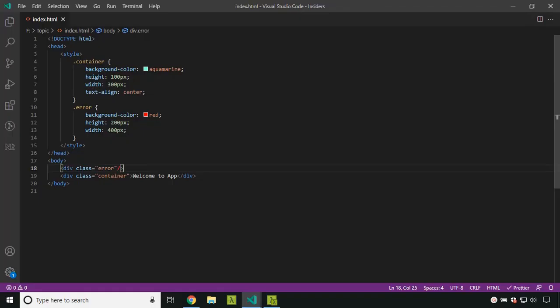Why this has happened is because HTML5 does not support self-closing tags for regular tags like div, even though there is no data in between them. So here you can see when I put it earlier, there was no data in between here. So that's why I tried to use the self-closing tag. So even then the HTML5 will not allow the self-closing tag for the div.